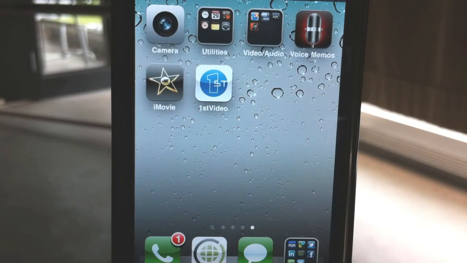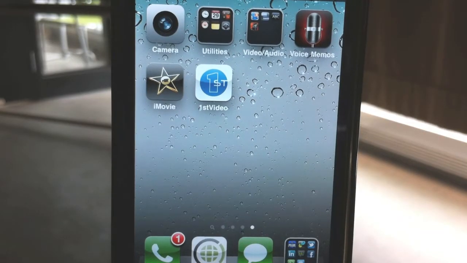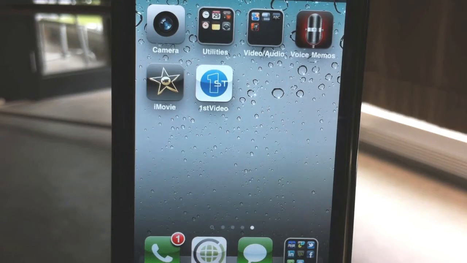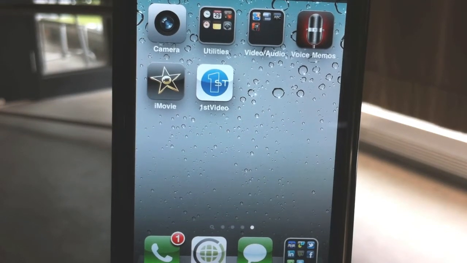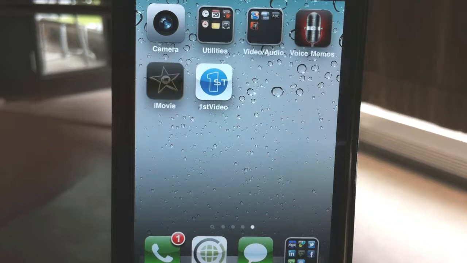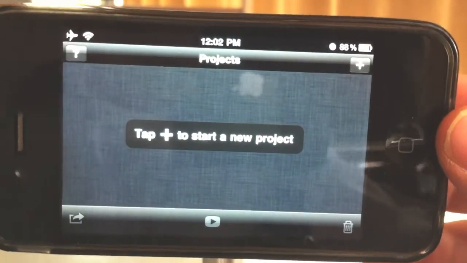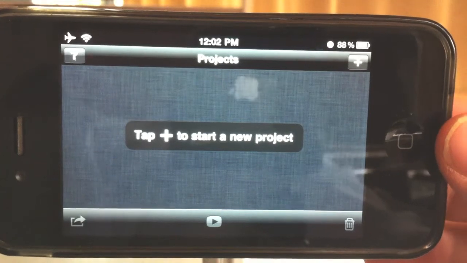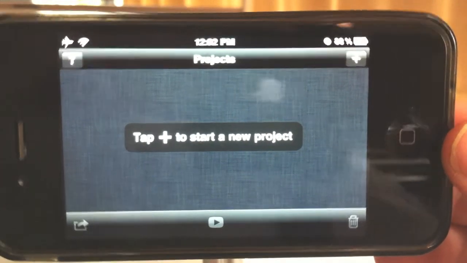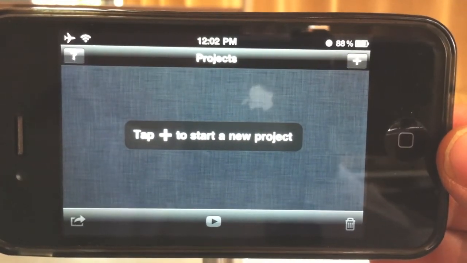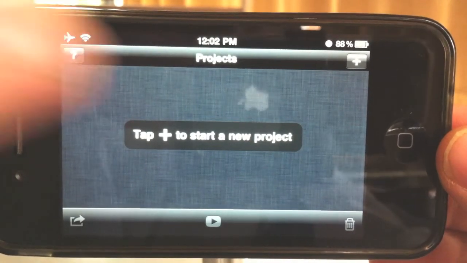So once we've trimmed our clips in the camera app, we can now organize and put together our story using iMovie. So iMovie is a relatively cheap $5 download on the App Store, and I'm going to use iMovie, and I'll always put it into landscape mode because I find it works a lot better that way. And in iMovie, it's very simple. It tells you right from the start we just need to tap the plus sign to start a new project,